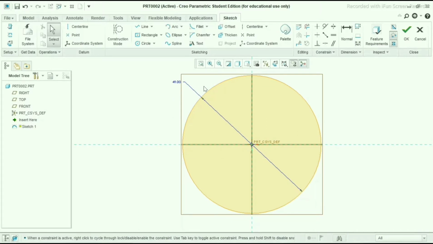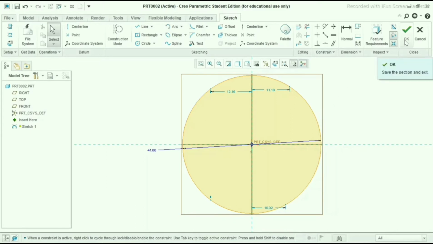We have to divide this circle into 4 equal parts, because in our model we have a square. Because the square has 4 corners, that's why we are making this. Click OK.